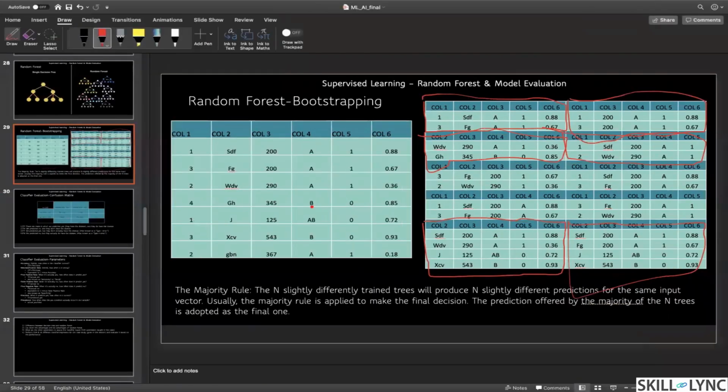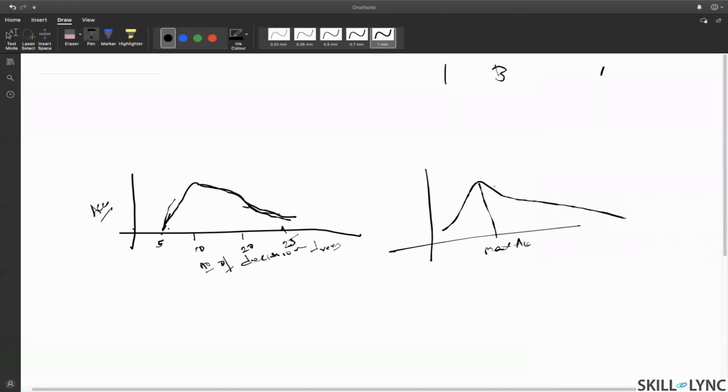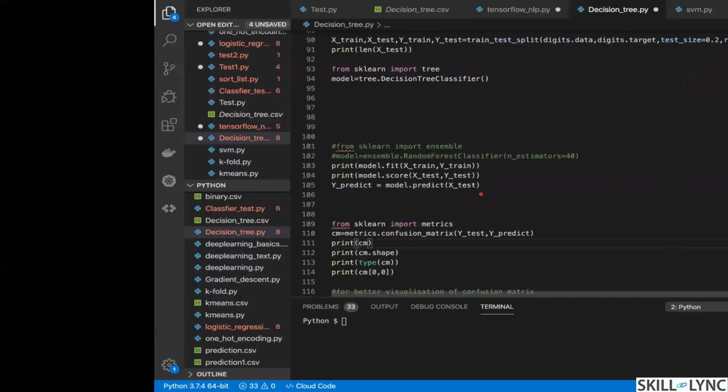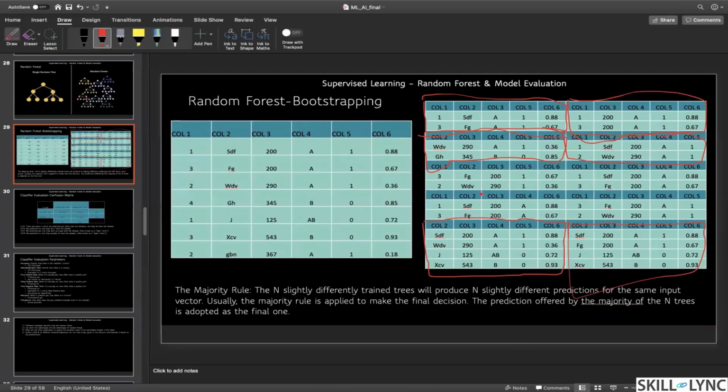Now, how to get a majority rule? In general, the random forest in Python coding will already take the majority rule. You don't have to worry about that. Okay. But if you want to do it manually, then you should take a majority rule. For example, if you're taking 10 samples, then 6 would be the majority one, 7 would be the majority one. So this is how you should identify your optimum number of samples or optimum number of decision trees. And based on that, the algorithm will decide your prediction based on the majority rule.